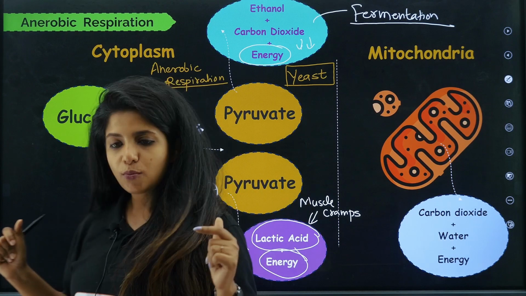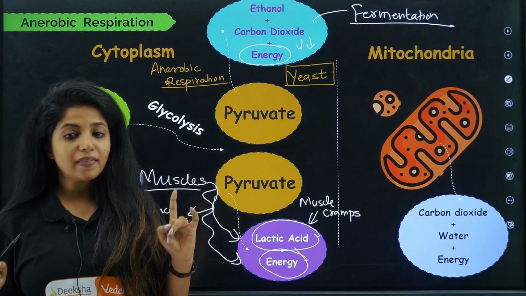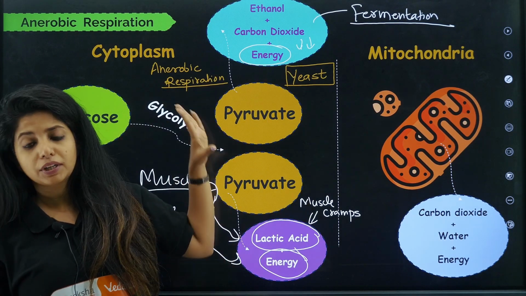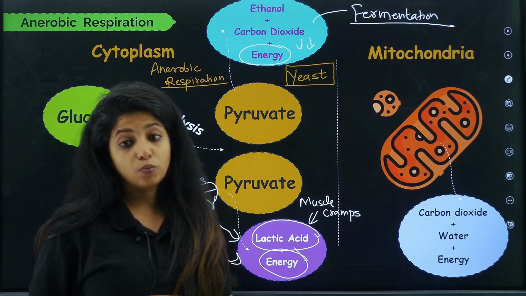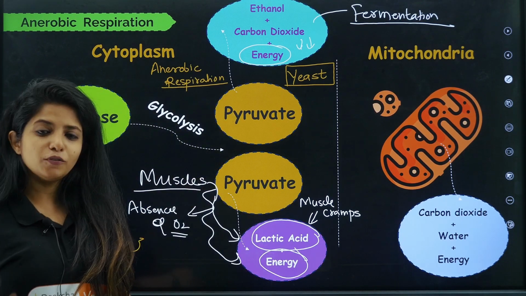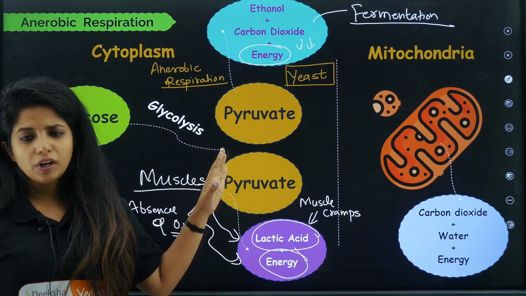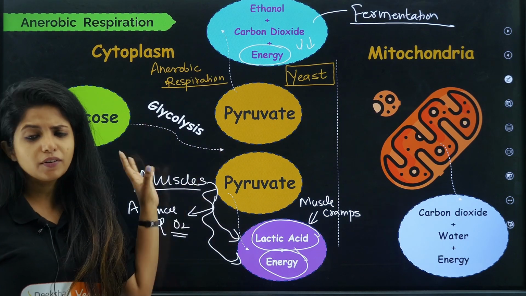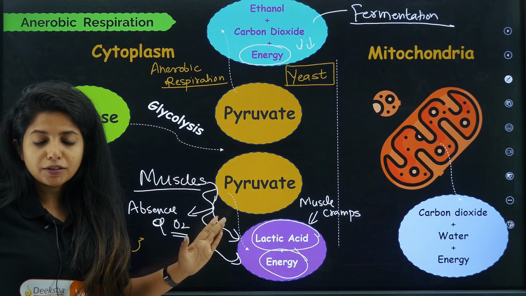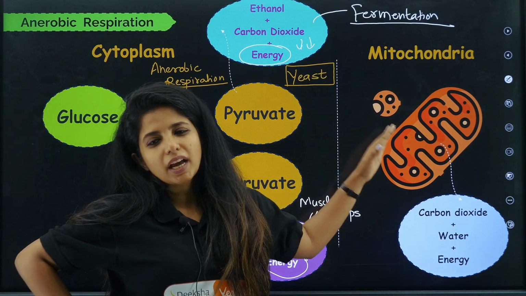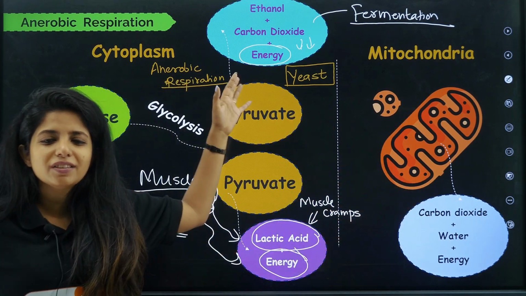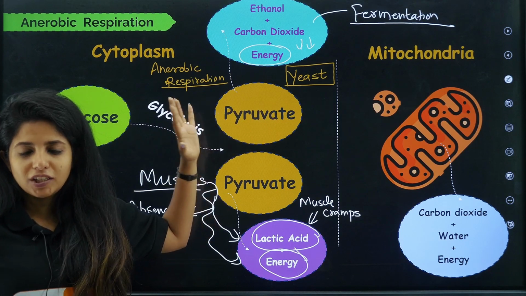Now I'll just explain once more and then we will move ahead with everything that we have studied. All together I have a reaction. This reaction is from your NCERT, and is very important. So basically over here, the glucose is getting broken down to pyruvate with the help of glycolysis. It is happening in the cytoplasm. Now, this time in anaerobic respiration, the pyruvate does not have to go inside to get air, because anyway there is no need of air. There is no oxygen required over here.